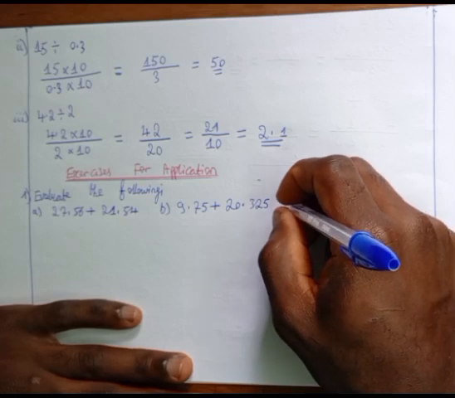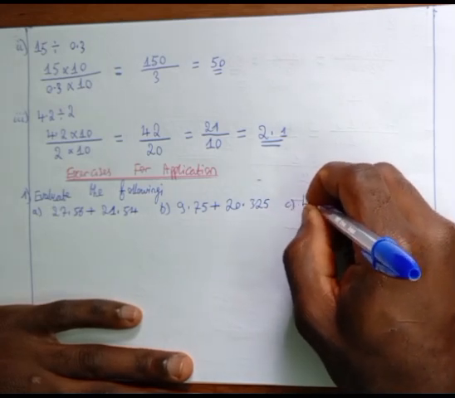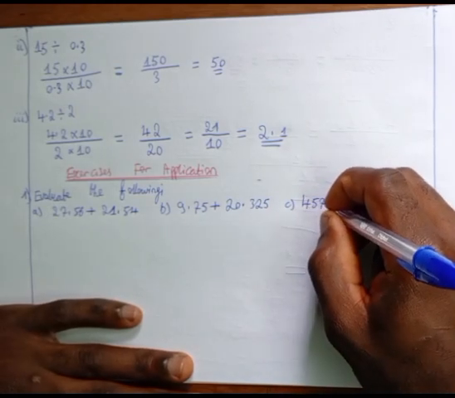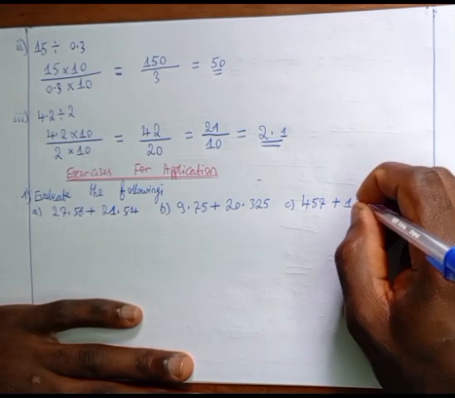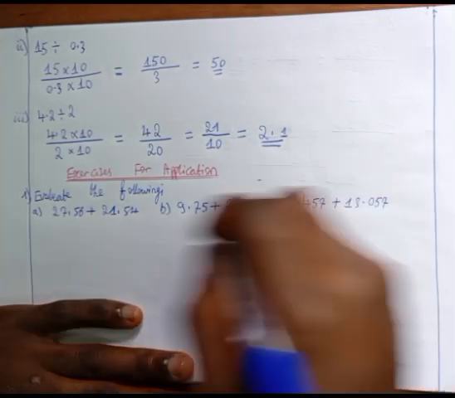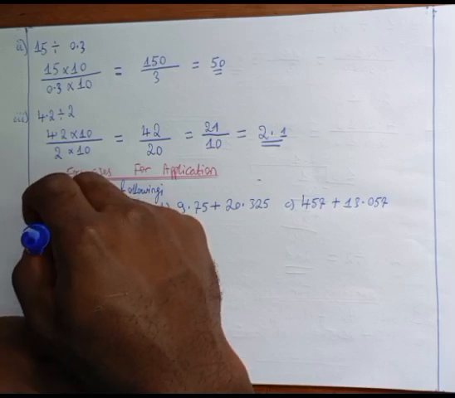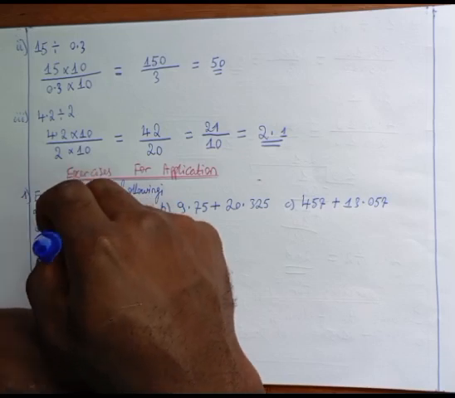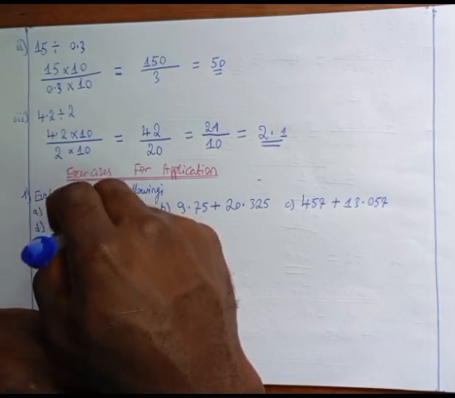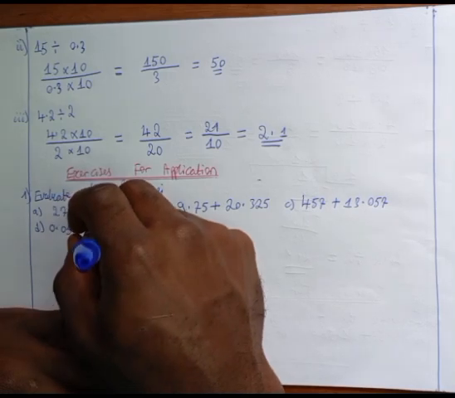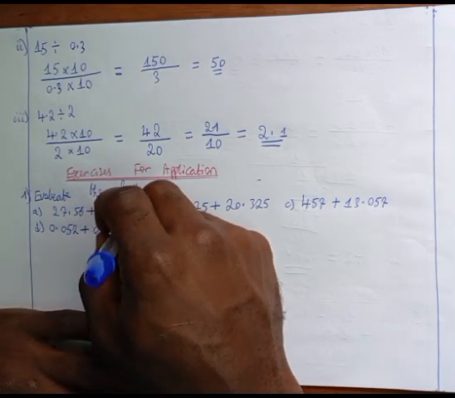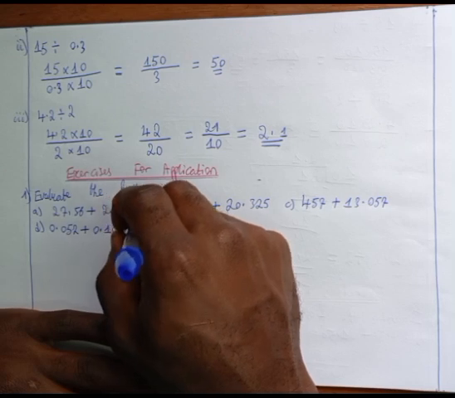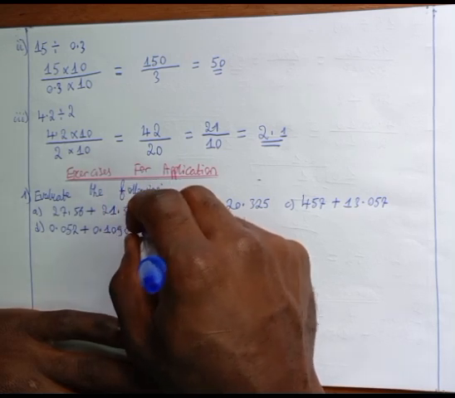For C, we have 457 plus 13.057. For D, we have 0.052 plus 0.109076 plus